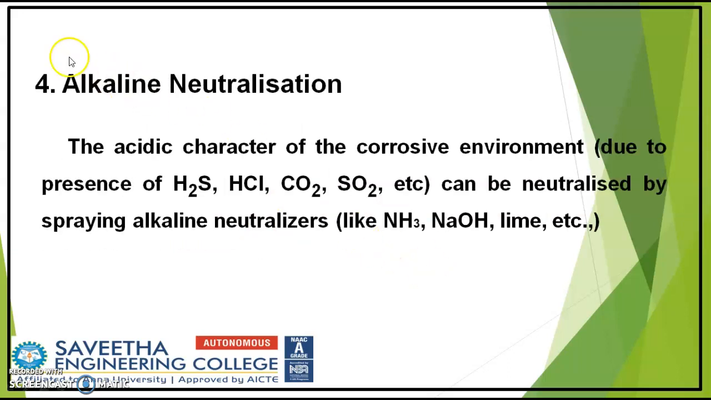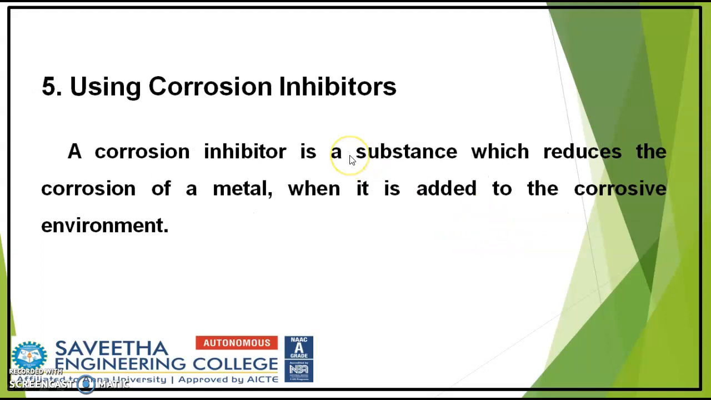The next one is alkaline neutralization. The acidic character of the corrosive environment, due to the presence of hydrogen sulfide, hydrochloric acid, carbon dioxide and sulfur dioxide, can be neutralized by spraying alkaline neutralizers like ammonia, NaOH, lime, etc. And the next one is using corrosion inhibitors. A corrosion inhibitor is a substance which reduces the corrosion of the metal when it is added to the corrosive